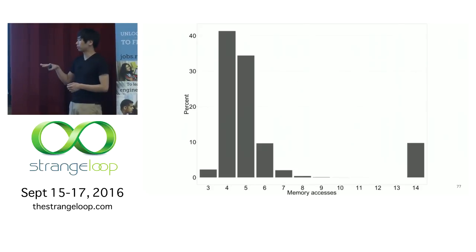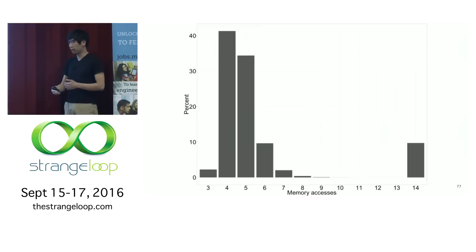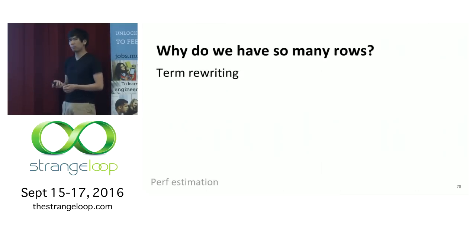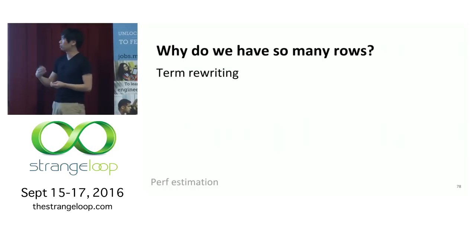So this simulation is: if you have 20% bit density and you have a set of terms that appears in every 1,000 documents, how many memory accesses do you have to do per block? And when you do the query, that's 14 rows. And by the way, in Bing, when we do queries, we often end up with 20 to 100 rows. This is actually quite common. This maybe sounds strange, right? Because we said earlier, for any term, we might hash to 3 different things. So a query of like 100 rows, that's sort of weird, right? That's like 33 terms. So we do a lot of term rewriting.